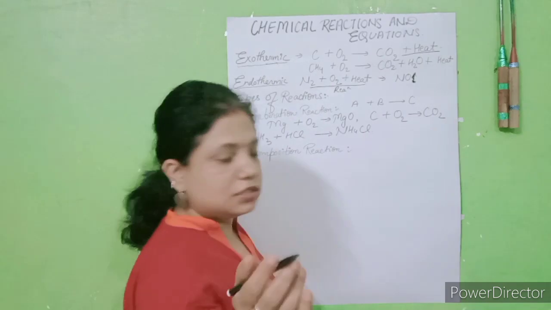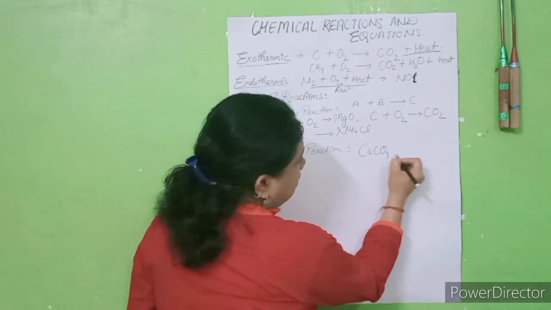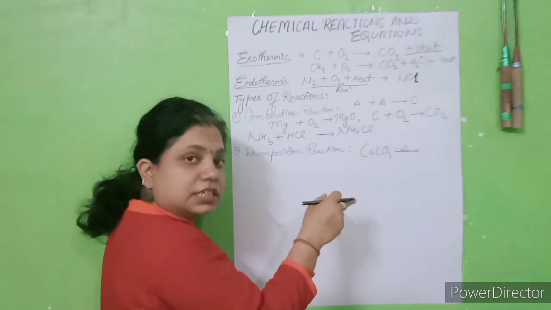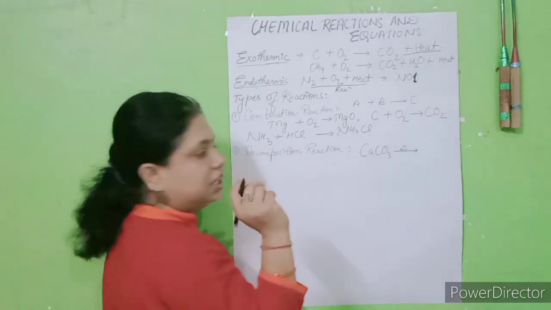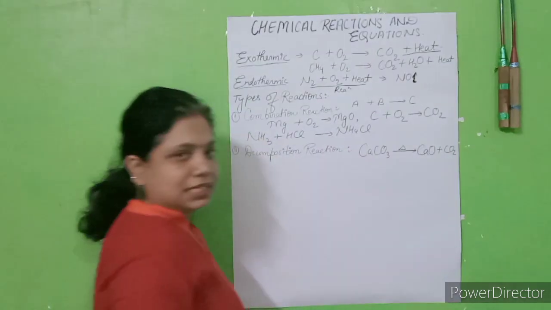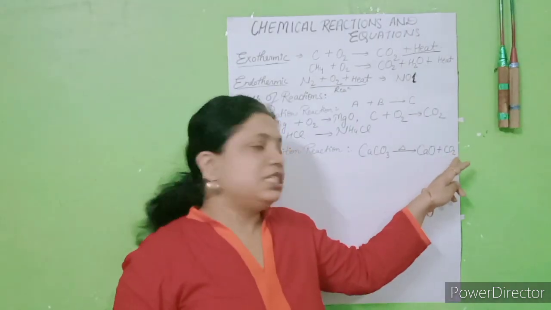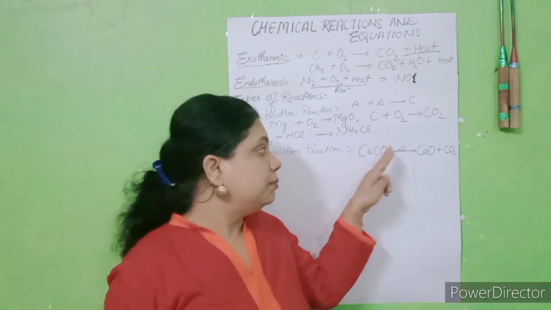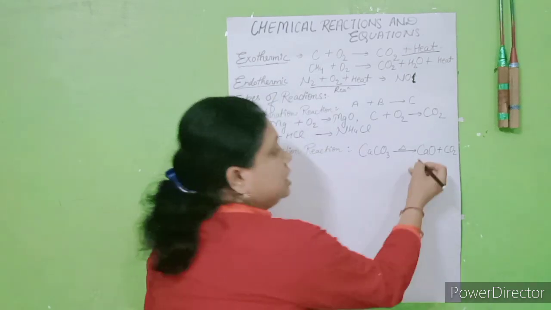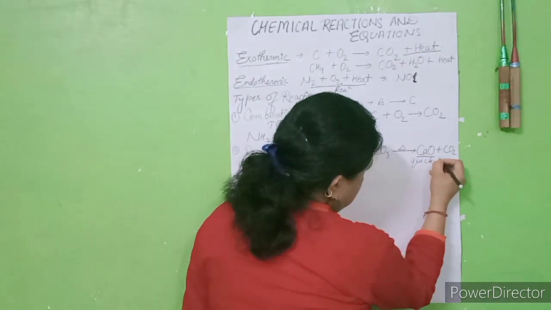For example, let's see, students, suppose that is CaCO3, right? CaCO3, if we give heat, the heat is going to be absorbed, so it is also an endothermic reaction, and it will form CaO plus CO2 gas. Calcium carbonate will decompose and form CaO plus CO2. Here we observe one single compound breaks down into two simpler compounds or substances. This CaO is known as quicklime.